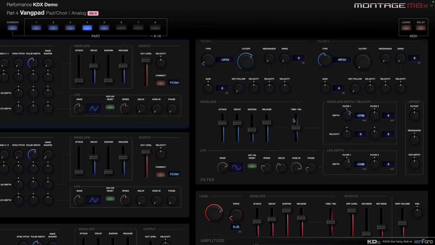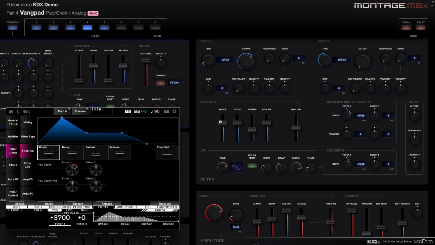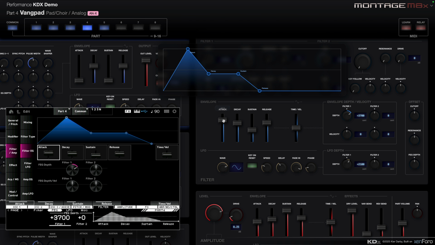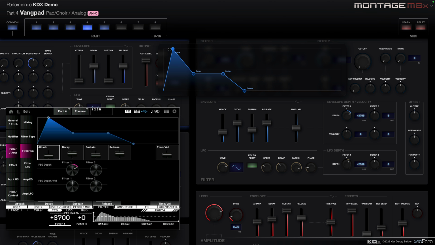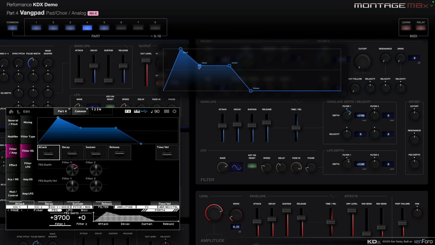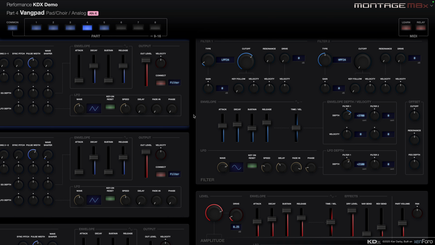Firstly, all envelopes are represented with sliders rather than knobs, so it's easy to see familiar envelope shapes, which is a real failing of knobs, but more importantly, adjusting any envelope control within KDx will open up an interactive graph with draggable points, so you can adjust multiple parameters at the same time. To get rid of the envelope pop-up, just click on an unrelated part of the interface or use a different